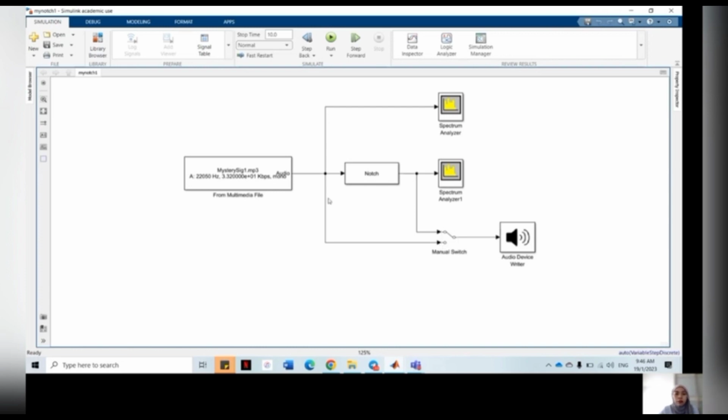So based on the Lab 5 lab sheet, we use the mystery signal multimedia file and also the notch filter block. We also have the spectrum analyzer, which is this one and this one, and then the switch, and we use the audio device writer. So when we run this Simulink,